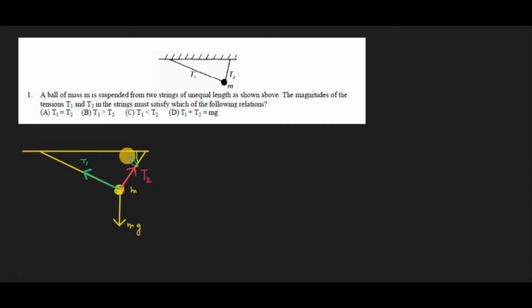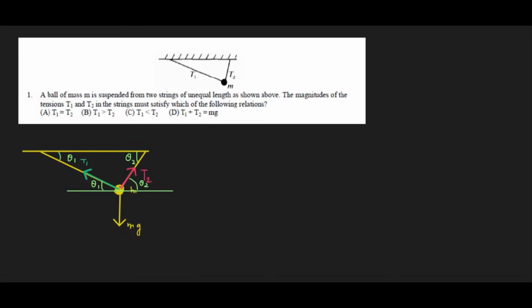Now let's consider this is the diagram. Let's consider this angle is theta 2 and this angle is theta 1, and T1 and T2 represent the two tensions along the two strings, and mg is the weight of the object, exerted in the downward direction, and the object is in equilibrium. Here we can define a parallel line along these directions, and this angle will also be theta 2, this angle will also be theta 1, alternate angles.